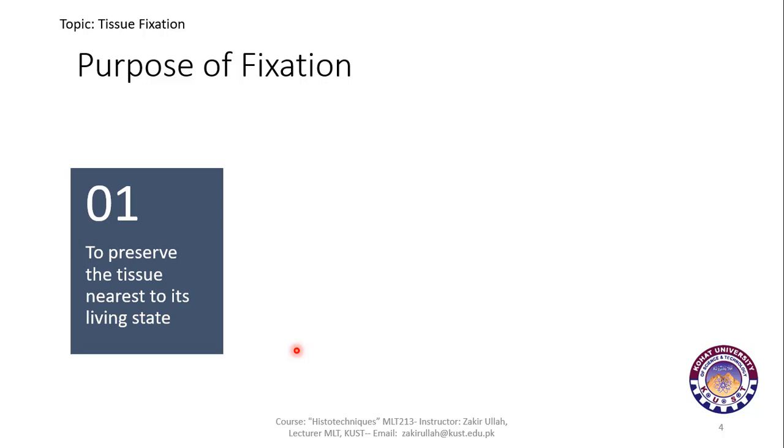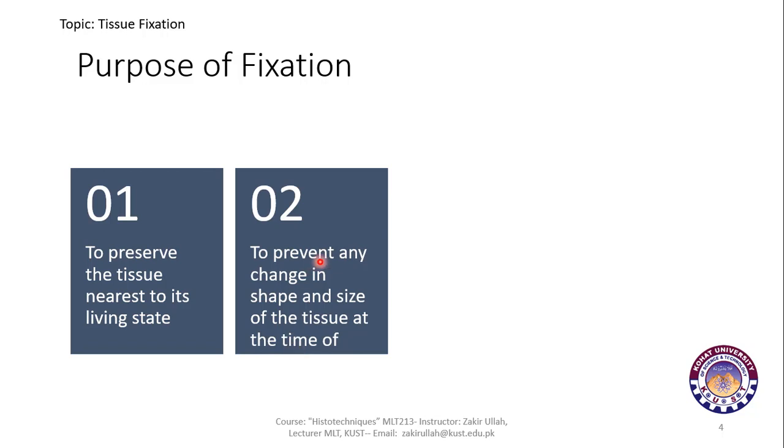So, the first purpose is the preservation of tissue very close to that original living state. The second purpose of fixation is to prevent any sort of change in the tissue,